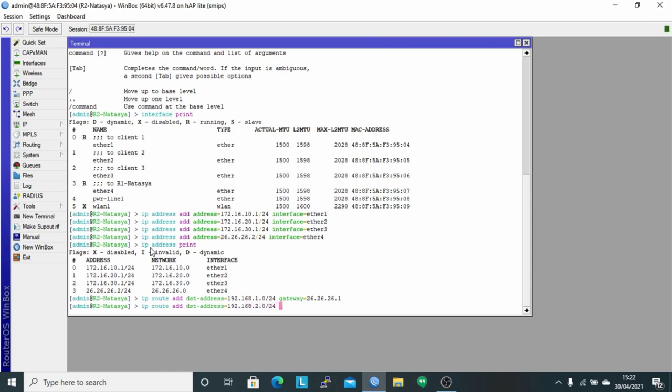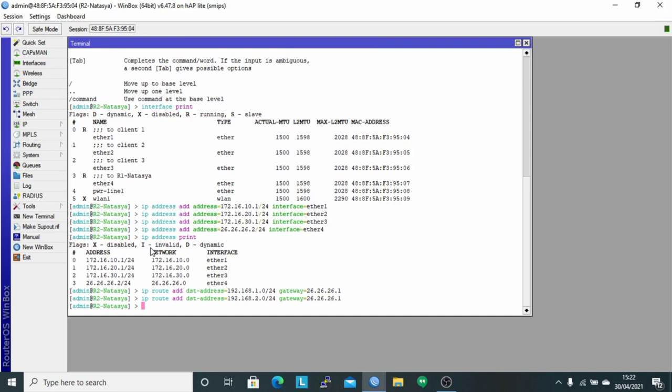And for the client on Ether 2, with the command ip route add dst-address 192.168.2.0/24 and gateway 26.26.26.1. And next for Ether 3, with the command ip route add dst-address 192.168.3.0/24 with gateway 26.26.26.1.